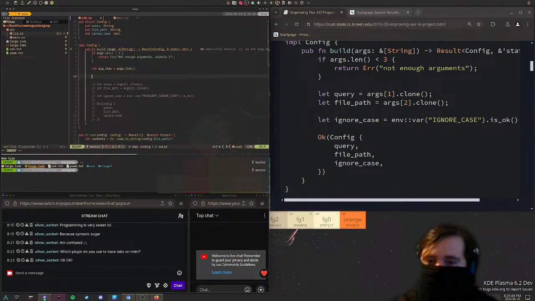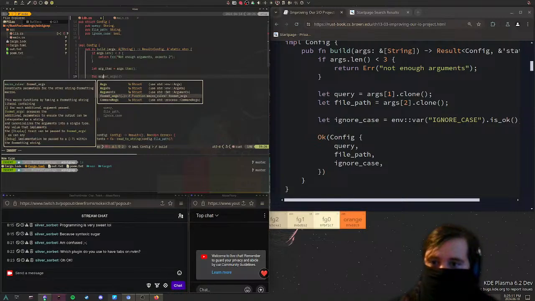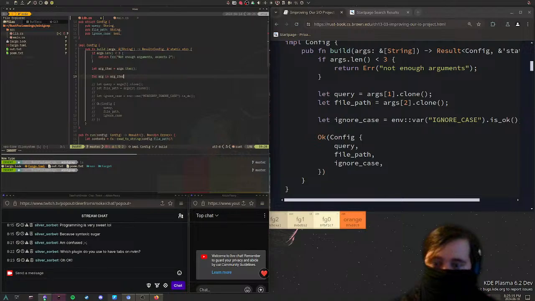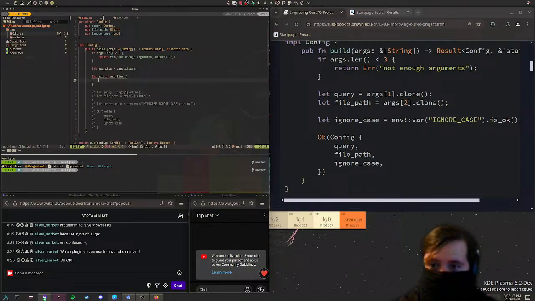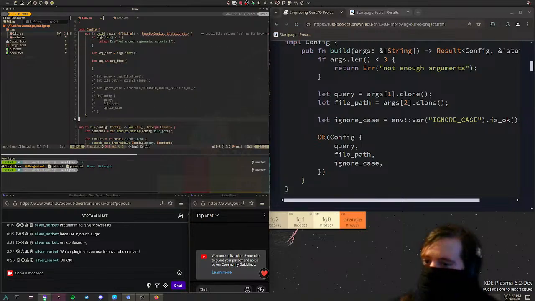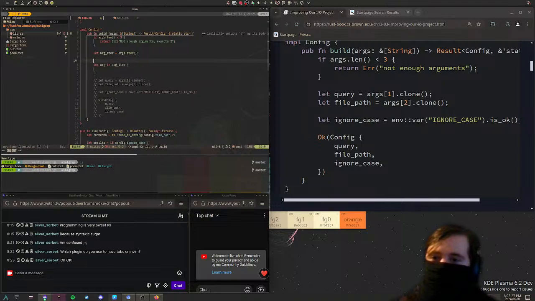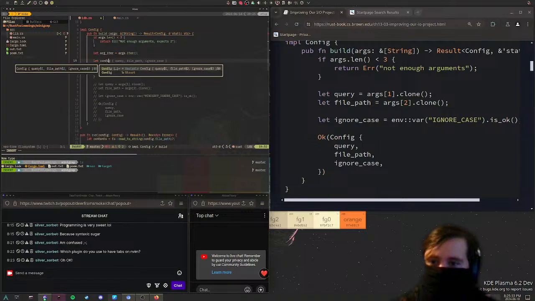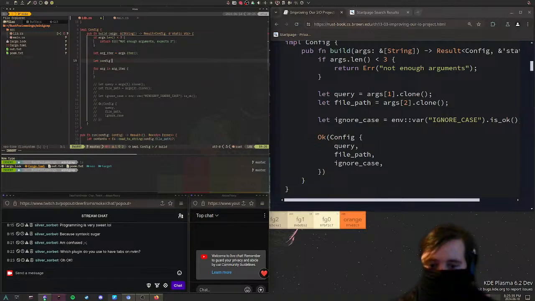At which point we are going to do some for loop for arg in arg iter, and then we are going to create. Okay, I'm a bit lost now because how do we create config like this? We'd have to create an empty config at this point. Let config equal